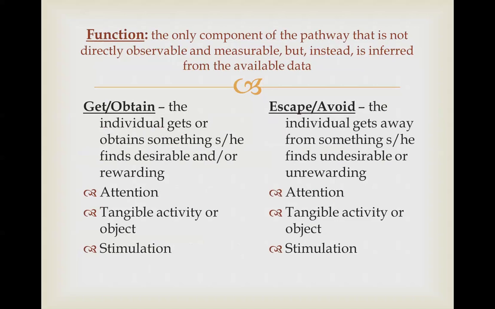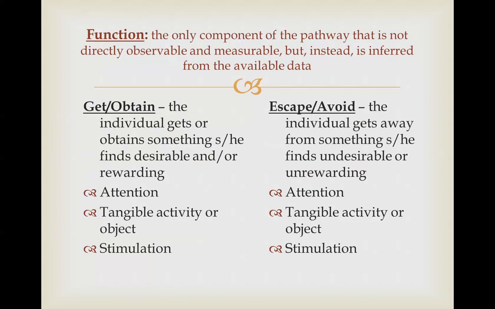Behaviors make it easy for us. We all do what we do for one of two basic reasons: to get or obtain something we want, or to escape, avoid something we don't want. I don't know why we use the term both get, obtain, because they are literally synonymous, but when you look at escape, avoid, they are not. And I will reference Joe Otter for my learning in this area. Joe explained the difference to me between escape and avoid. Escape means that the thing in the environment's already here and I want it to go away. Avoid means I never want to let it get into the environment. They're slightly different. It's another discrimination that I think is worth making.